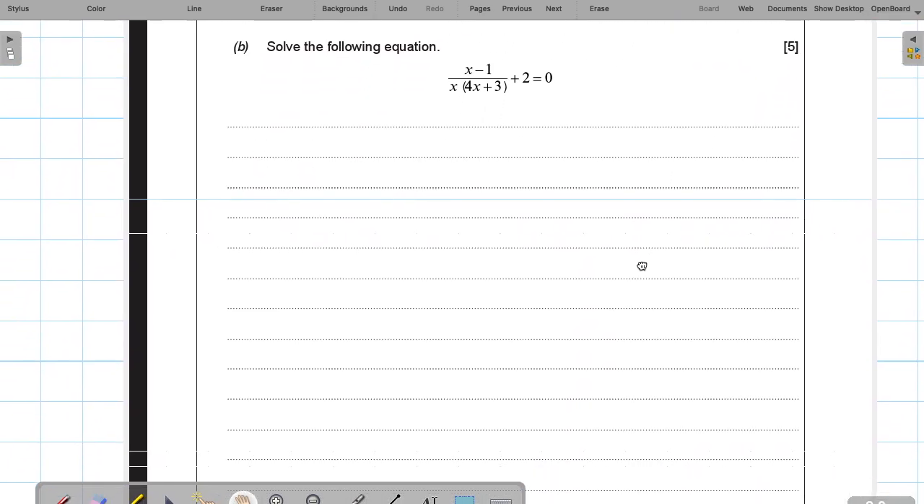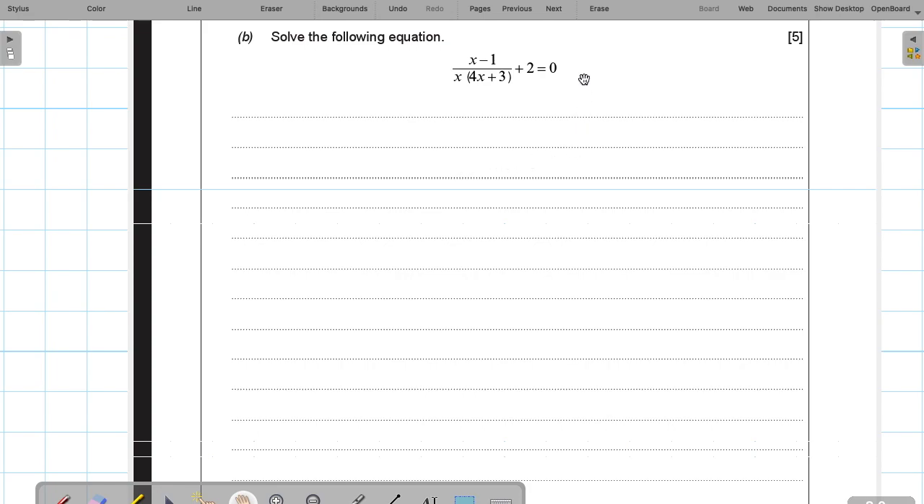19 part B, solve the following equation. So there it is. I'm not going to read it out because I'll get my words muddled. What I'm going to do is I'm going to take away 2 and then times across, so you can just see what that's going to do there. So 4x plus 3 equals minus 2, and I'm going to take that whole bottom and multiply both sides, so I'm essentially multiplying across. So multiplying both sides by x, brackets 4x plus 3, creates x minus 1 equals minus 2